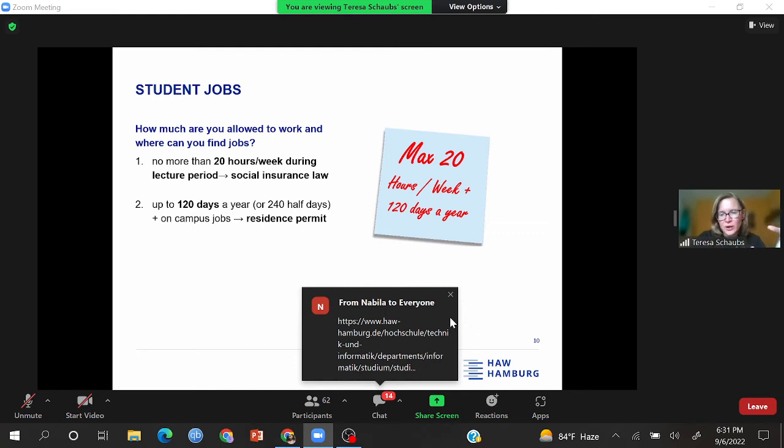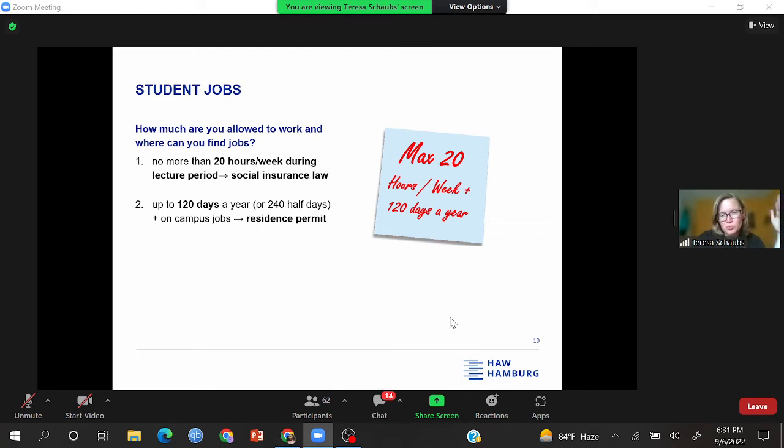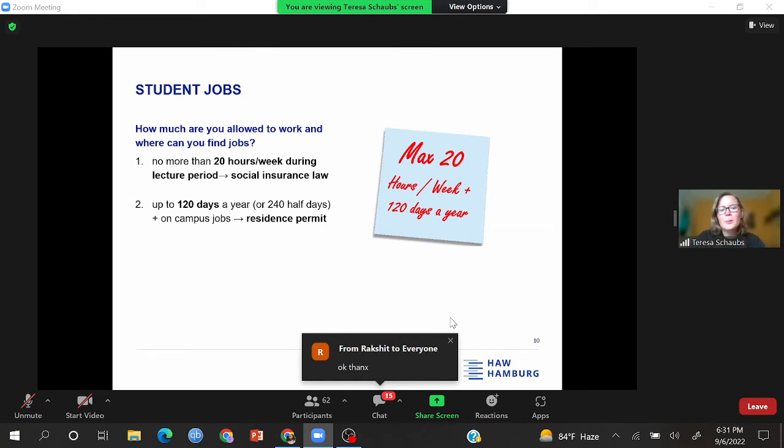There are a few exceptions, which will probably not be the case for you during the first year, maybe if you're at the end of your studies. But some students who are really successful in their studies get job offers during their studies from really good companies. I know that at least from some information engineering students in higher semesters, they get job offers, and sometimes